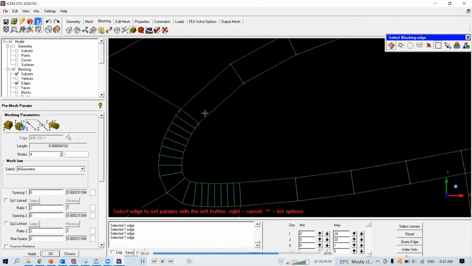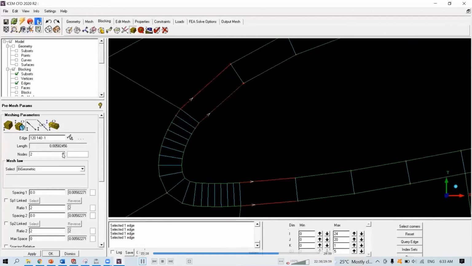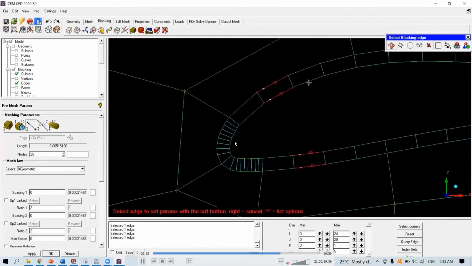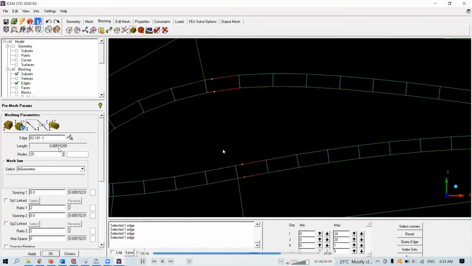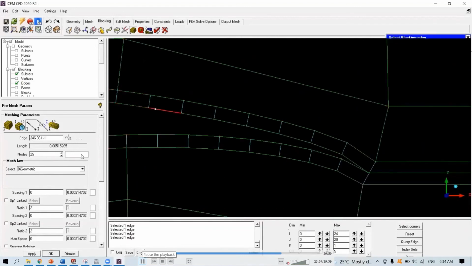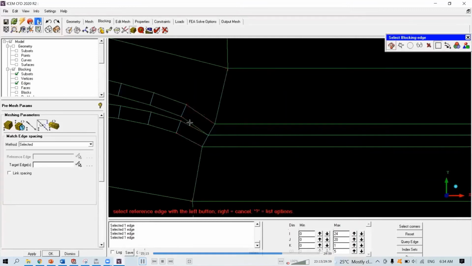Okay, now we can match the edges. Just now it was triple 0.2 something. We just increase so that this value here is approaching triple 0.2. Okay, with 25 nodes, we're going to get triple 0.24. So since the spacing is the same for the top and bottom, we're just going to do 25 for all of them. 25, 25, 25. I think there's a faster way to do it, but you can just share with me if you know in the comment sections.